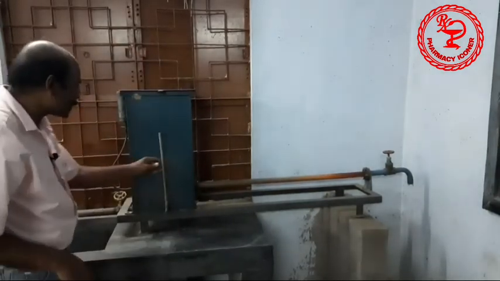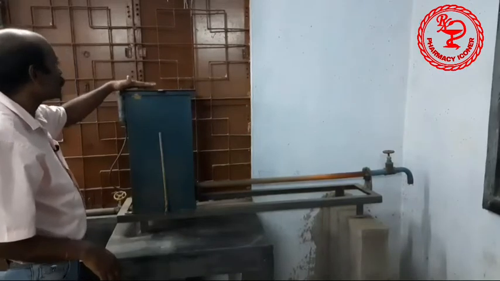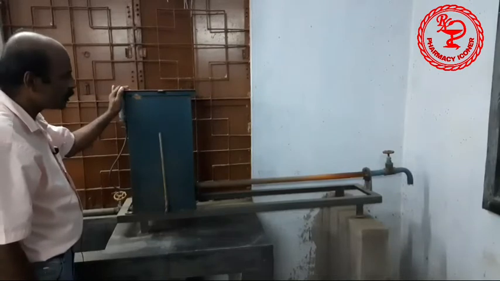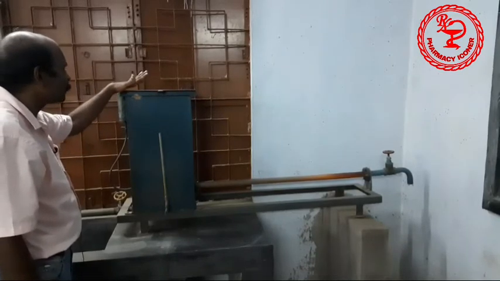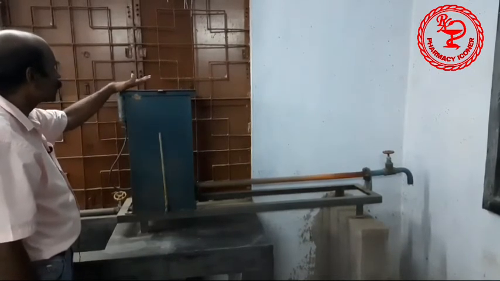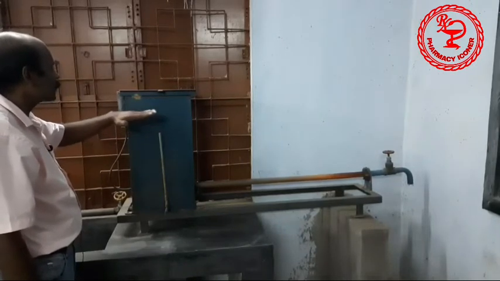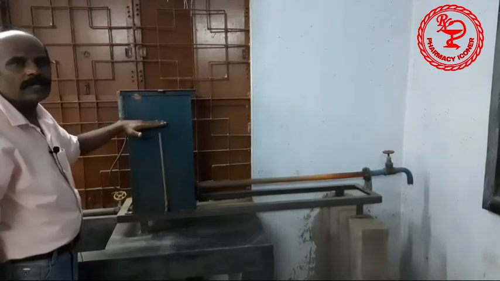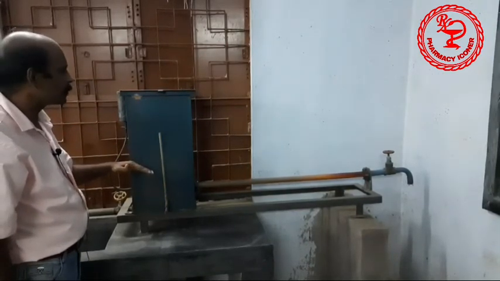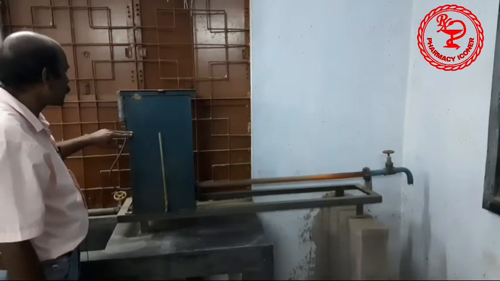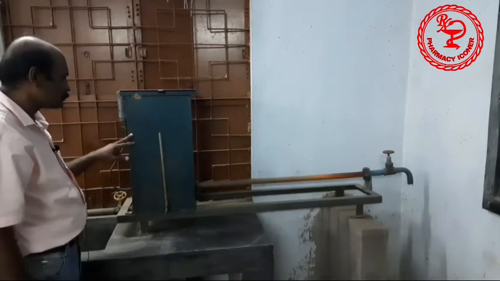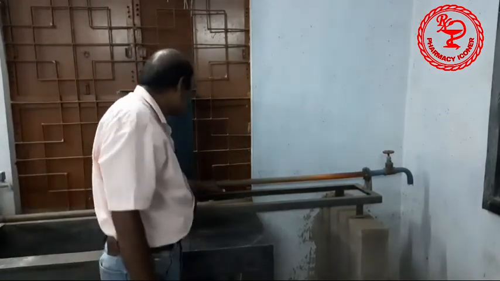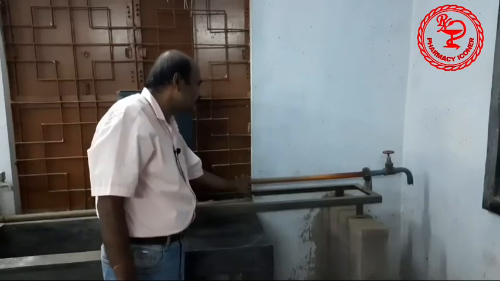Now, what happens? This is the water level of this chamber. Now, what is the procedure? At first we will fill the water up to a level, and this level must be maintained, otherwise the pressure will be different. Suppose this level will be at this point. Now, with the release of the stopcock, there will be the flow of the water.